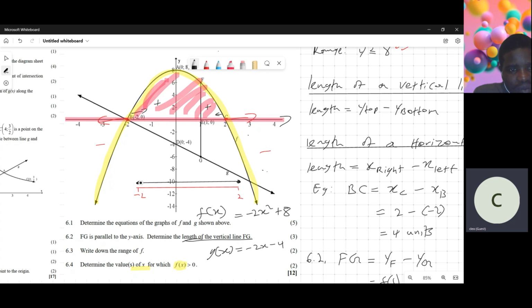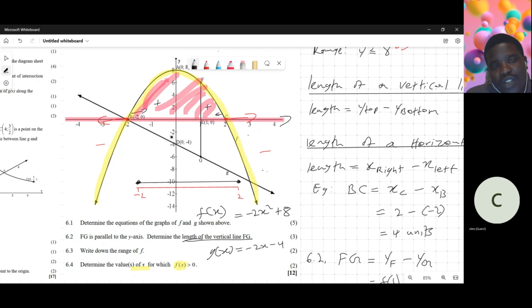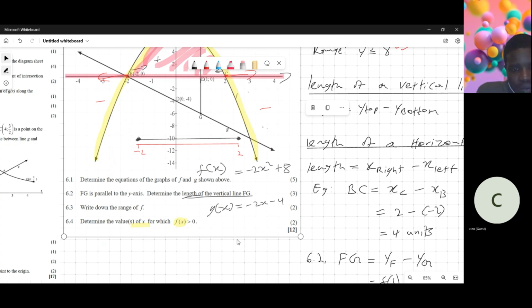Check. From 2, going that side. From negative 2, going that side. From -2 going that side, it's positive. From +2 going that side, the output is positive. That's what we're looking for. Okay. So our answer to this problem will be